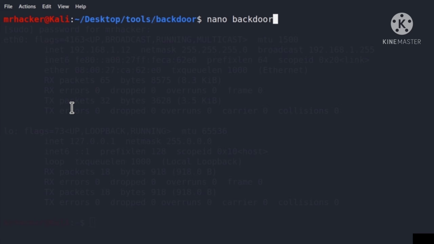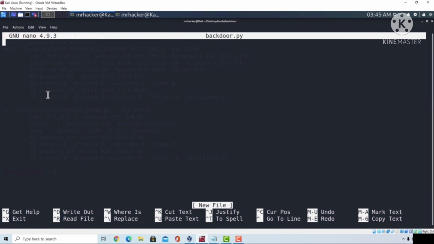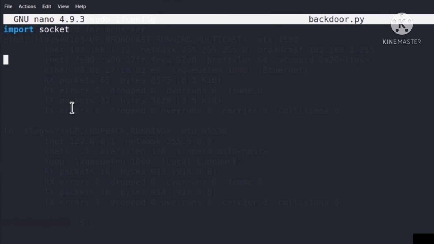Now we need to figure out the code for our backdoor to make it connect to our server.py. First thing that we're going to do is, of course, import the socket library. Then, as in the server program, we need to initiate the socket object, and I'm not going to call it sock here, I'm just going to call it s. And here we're going to specify the same parameters,